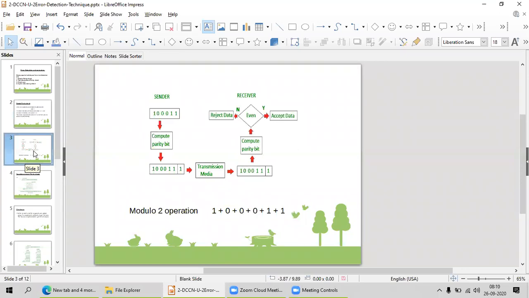Here I have data 1000011. This is my k-bit data. First of all, at the sender side, I am computing the parity bit.